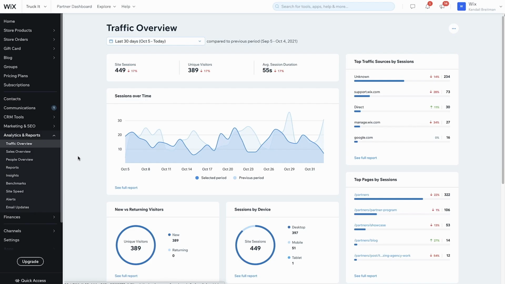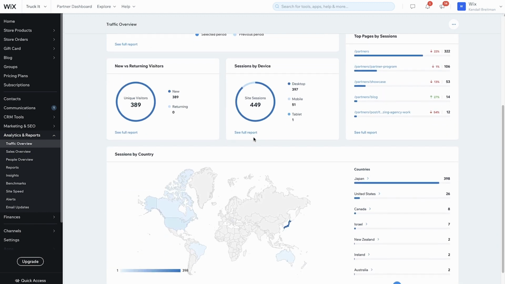The Traffic Overview tab shows me my total number of site sessions, or clicks on my site. Unique visitors are how many people visited my site at least once, and average session duration represents the time readers spent on my site. I can also view trends for my traffic over time and see where in the world my readers are located. Data like this can show me where my content is really connecting with readers. Like, I see I have a bunch of readers in Texas. Cool, so next month I'll review some classic Austin barbecue.